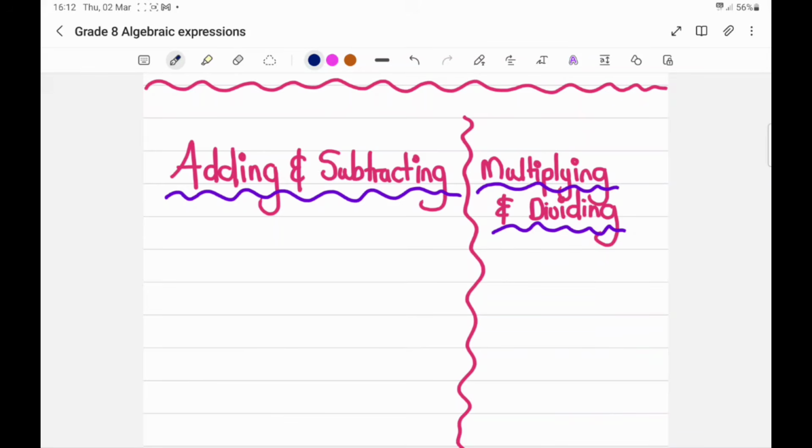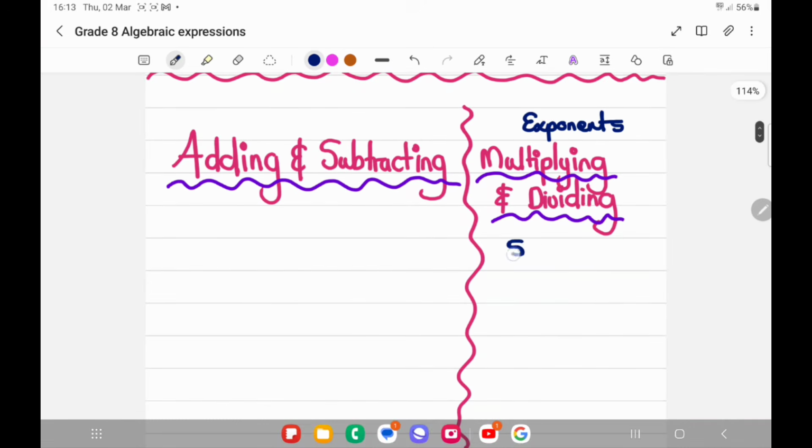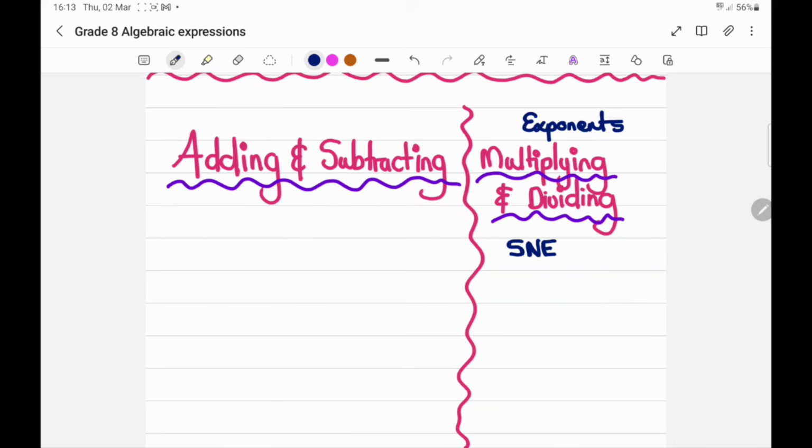All right, let's quickly have a look at the difference between adding and subtracting and multiplying and dividing. With multiplying and dividing, that's what we learned right at the beginning, which we also call exponents. Where we apply our SNARE: we first multiply or divide the signs, then the numbers, then the exponent rules. With adding and subtracting, we only add and subtract